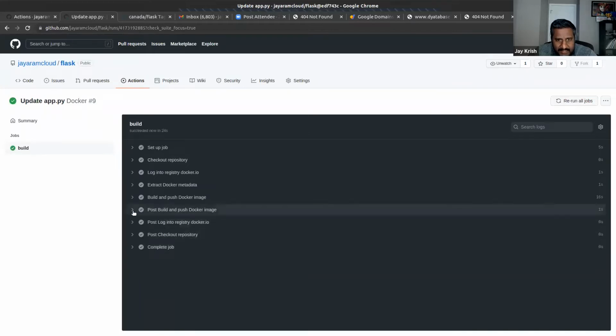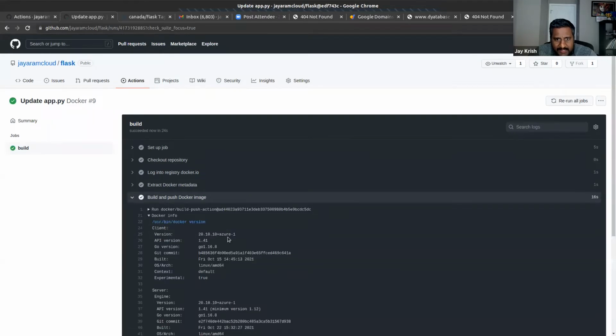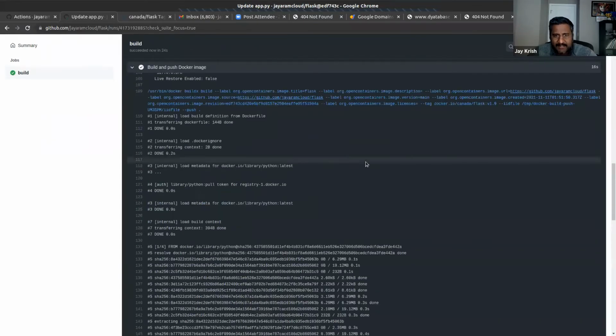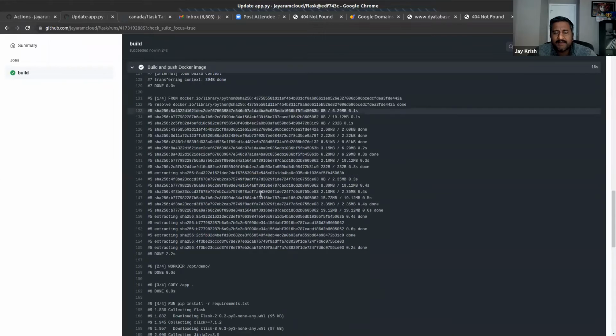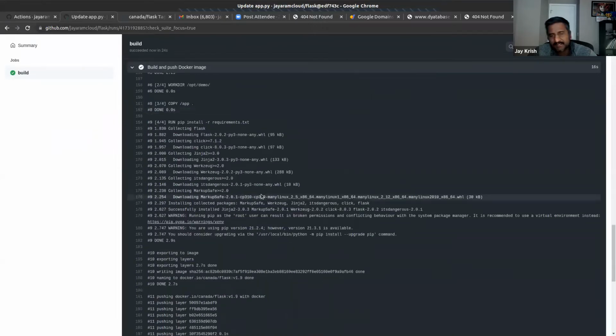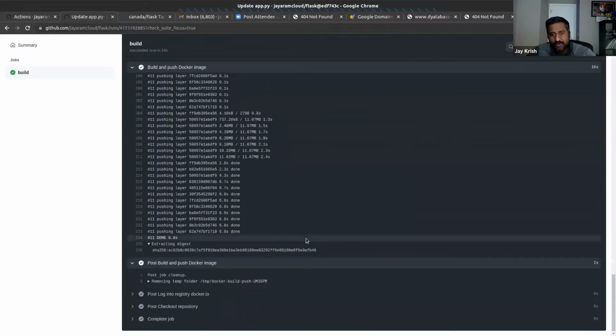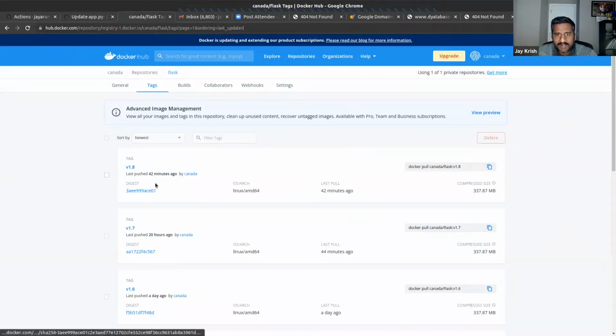And then if you see, especially in this build and push Docker image here, it is running a Docker command, and it is getting any existing Docker image I had, and then like a multi-layered sandwich or a burger, it adds my new code onto this, and then it pushes it, and it goes. Now, if you come here and see, 1.8 was the latest one, because I've sorted by newest. If I refresh, I should have 1.9.